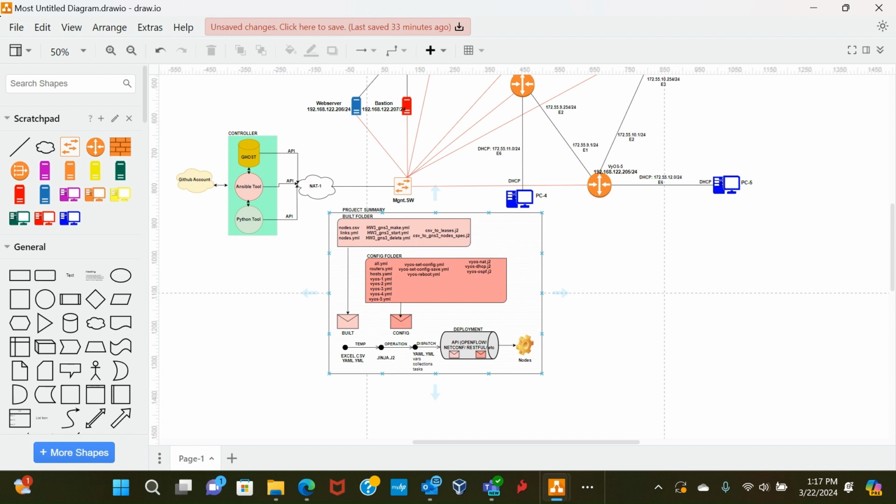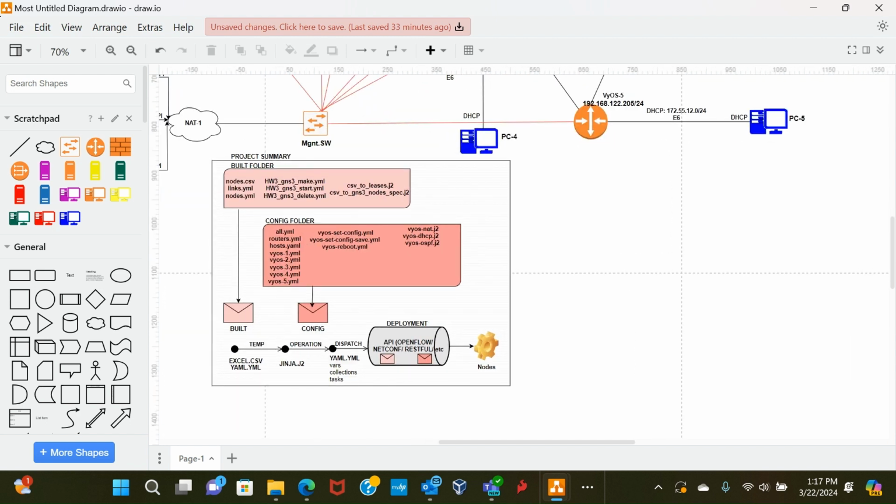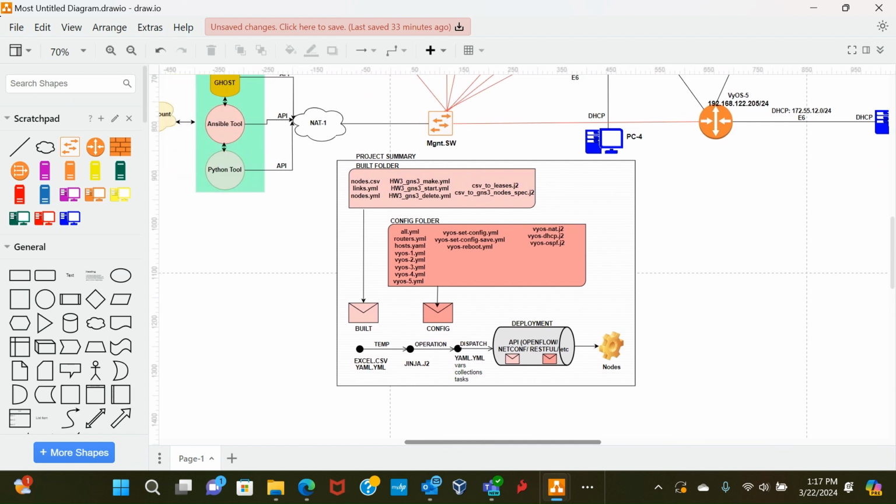So our build file, we'll be using that to build a network topology, and we have another file which we are going to build for configuration. And the files are very easy to understand. What I have put here is that the whole concept of automation, I have divided into three. We call it the template phase, where you build templates to do specific functions. For example, we can use Excel to build templates to host